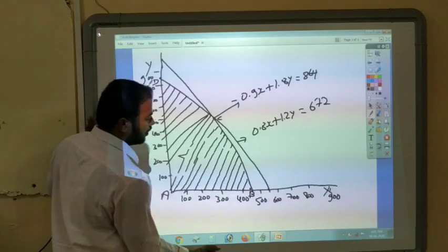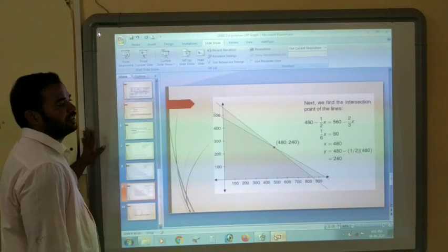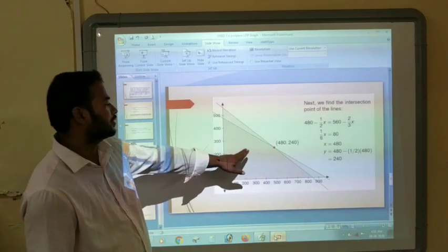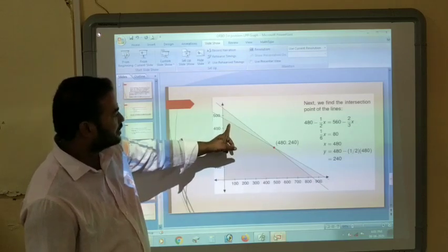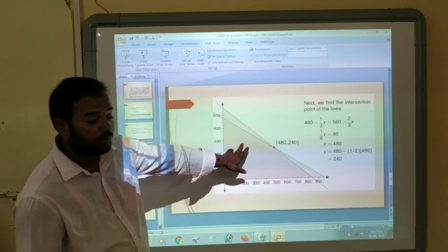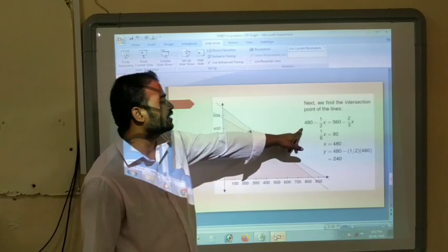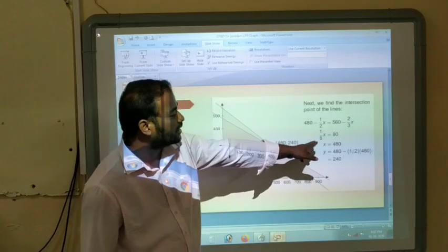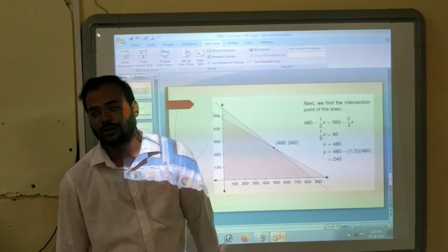Now we are going to identify the value of the intersection point of these lines. Here in this graph we can clearly observe the feasible region. Here we can clearly see in the first equation the value is 560 and 840. So here we are going to identify the value for the intersection point. For that we are using the equation 480 minus 1.2x is equal to 560 minus 2 divided by 3x. The value will become like 1.66 is equal to 80. Now x value becomes 480.